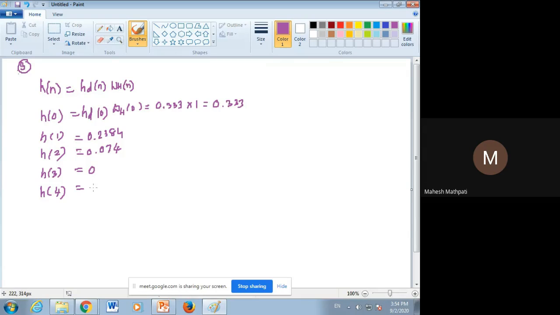And h of 4, काय value? What is h of 4? Minus 0.0054. Plus minus का minus? Minus